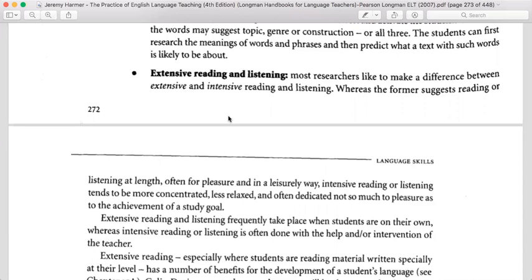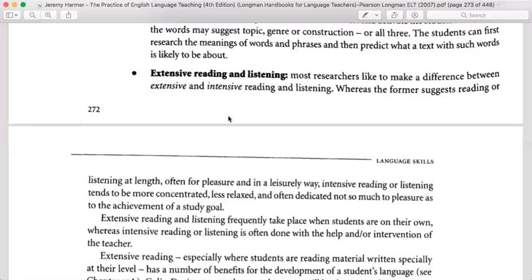So extensive listening, I told you, takes place outside the classroom. It can be at home, even while the students are traveling in the car. It can be on their personal mobile phones or stereos as they travel from one place to another. They can practice listening at any time outside the classroom while doing anything. It's easier for them to have their headphones and keep on listening, because they are at least exposed to the language, right?